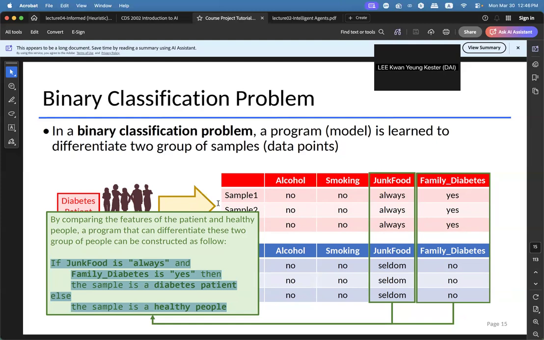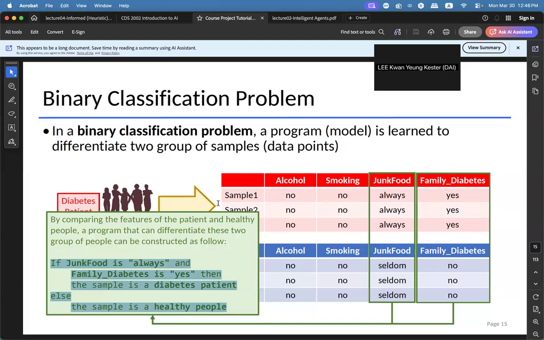For example, here you can see that this program is saying whether a sample is a diabetes patient or a healthy person. The real implementation of this behavior is that the program will just assign a label to the sample and say that this sample is diabetes, this sample is a healthy person.